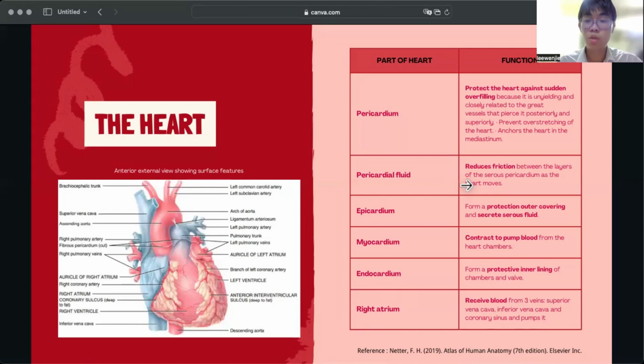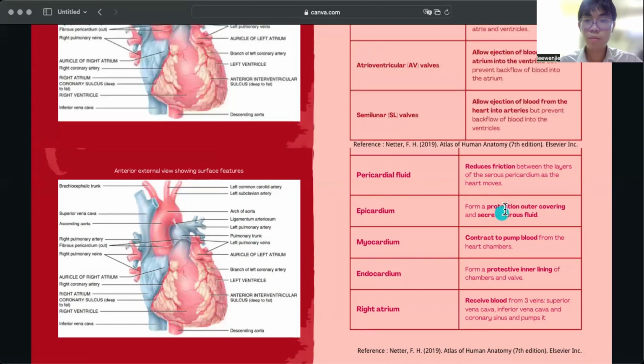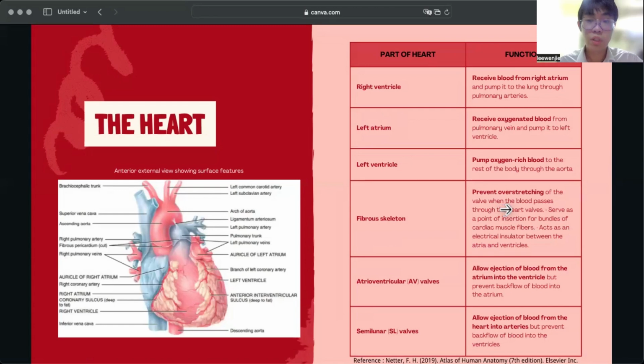The right atrium receives blood from three veins: superior vena cava, inferior vena cava, and coronary sinus, and pumps it to the right ventricle. The right ventricle receives blood from the right atrium and pumps it to the lung through the pulmonary artery, the pulmonary trunk. The left atrium receives the oxygenated blood from the pulmonary vein and pumps it into the left ventricle. The left ventricle pumps the oxygenated blood through the aorta to the whole body, and the fibrous skeleton of the heart is